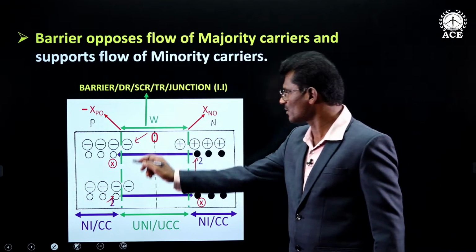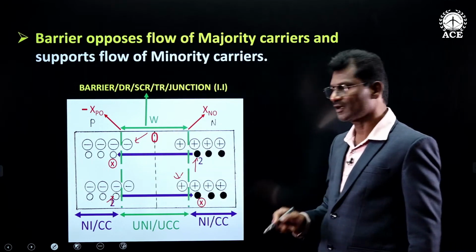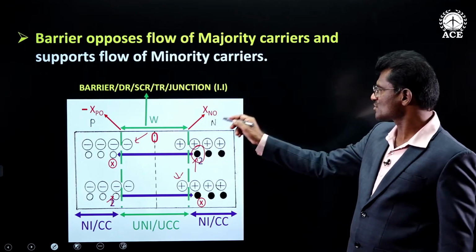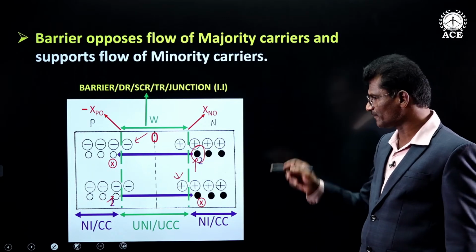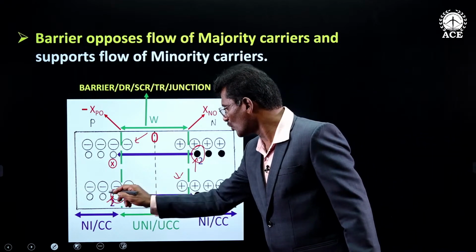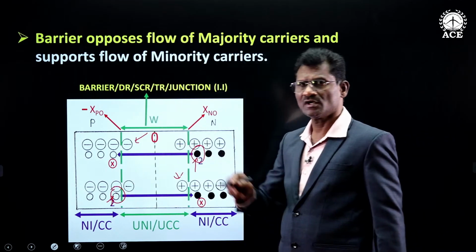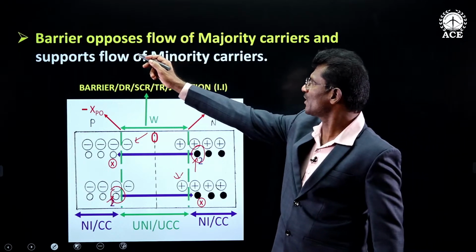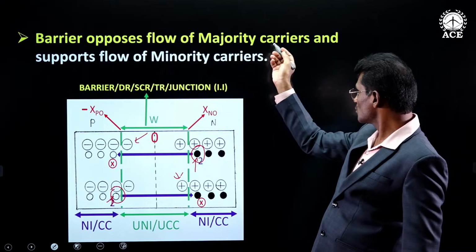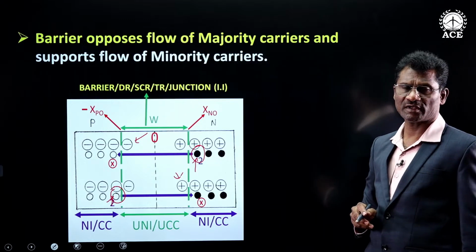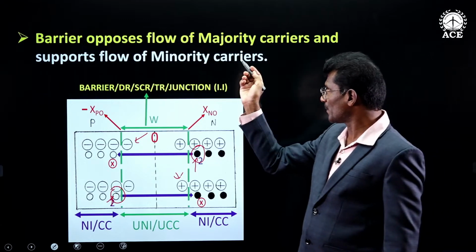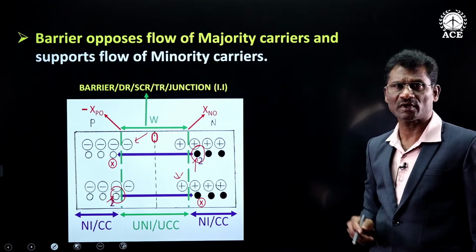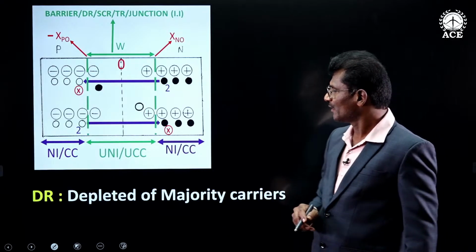So this central barrier is opposing flow of this electron, which is majority carrier in N side, and opposing flow of this hole, which is majority carrier in P side. So that is the meaning of this statement: barrier opposes flow of majority carriers. Hope I am clear. Now,